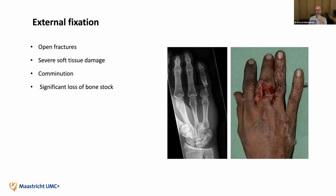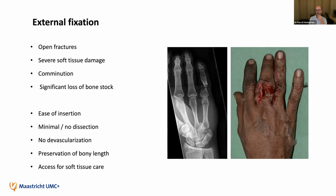It's quite uncommon in hand fractures, but sometimes there's severe tissue damage, and then external fixation is a very nice option, especially if there's significant loss of bone stock and comminution. This can be a fairly nice technique. It's the ease of insertion and the absence of dissection that are the advantages of this technique. You do not devascularize the fracture, and you preserve bony length and still have access for soft tissue care,